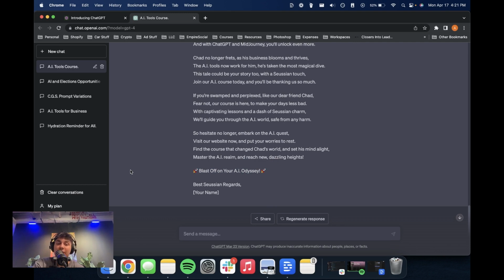So this is a great example of sometimes you don't get the most perfect output and it forgets something in your instructions. If you remember from our first prompt, I said to include a CTA, "Blast off on your AI Odyssey." It doesn't rhyme with anything in the poem. It's an attempt at a CTA, but you will get those prompts where you're like, wait a minute, you forgot this. And that just goes to show we're very early on in this technology.